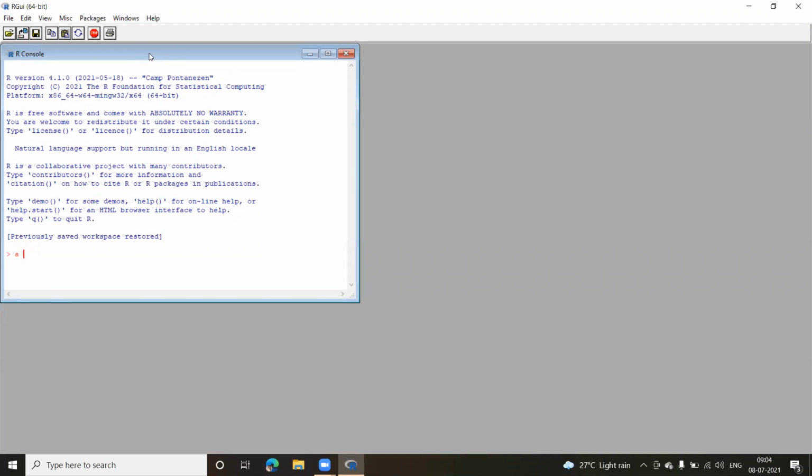You also have assignment using equal to, and you can also have assignment going the other way using minus. We'll come to all these three types later on. But right now I'll be using the regular one, which is frequently used in R, the less than sign and the minus sign.